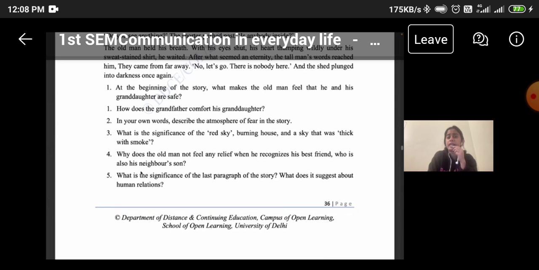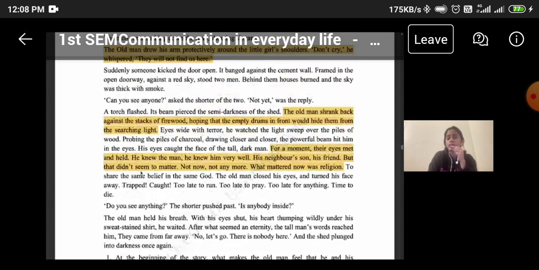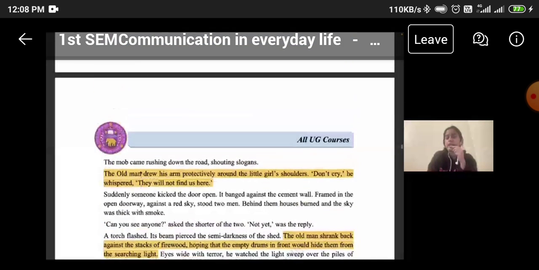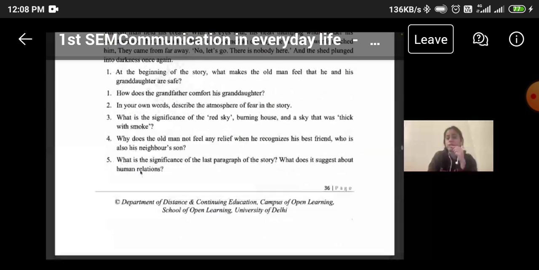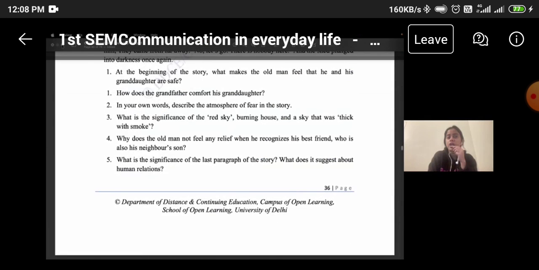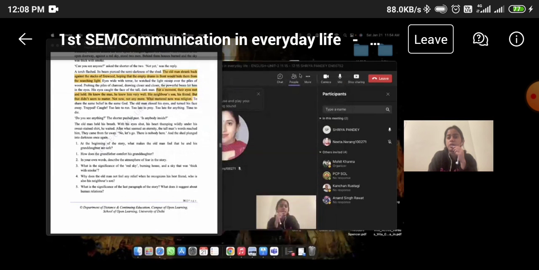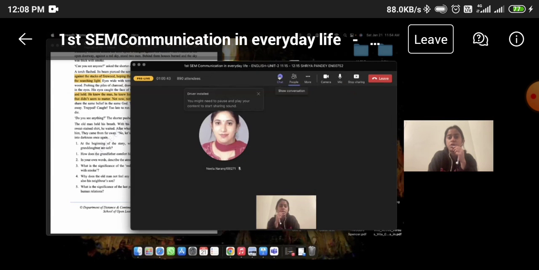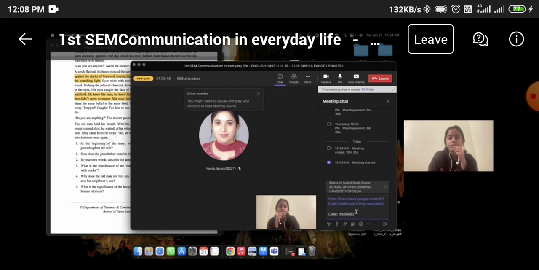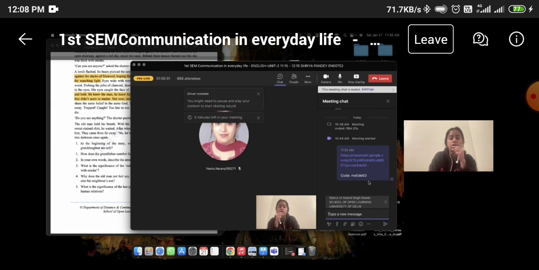At the beginning of the story, what makes the old man feel that he and his granddaughter are safe? You already have the study material with you. Let's discuss the answers for this passage, and please type your answers in the chat box or in the questionnaire box. I have also posted the link for the drive link where you can access the material, since some of you informed me